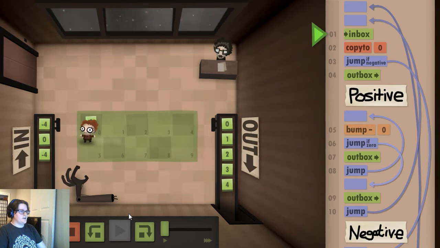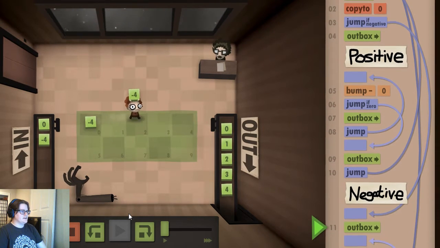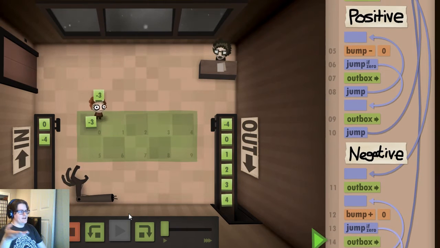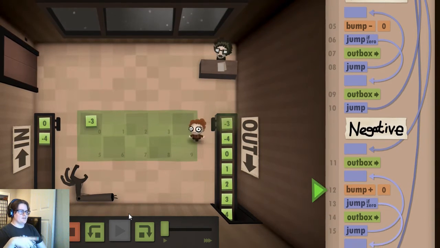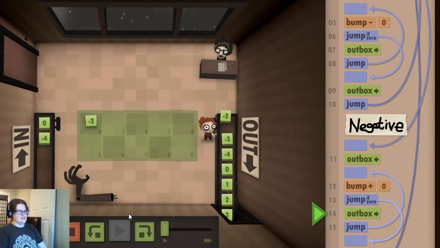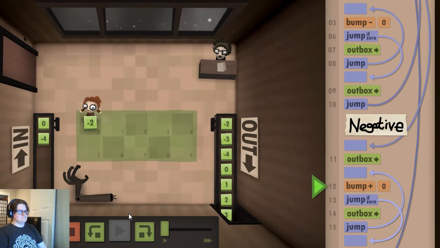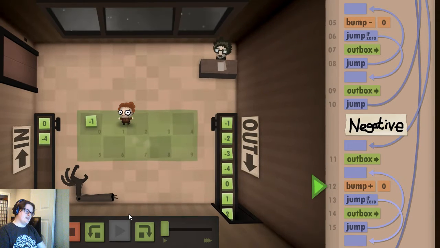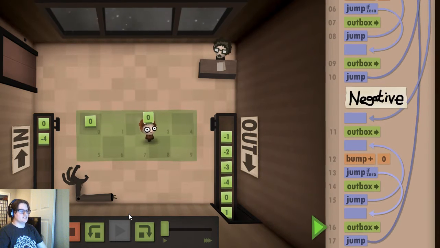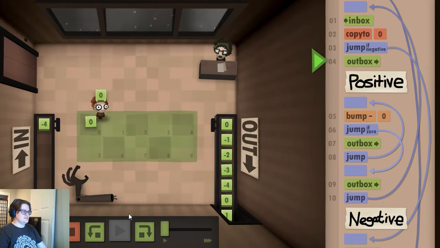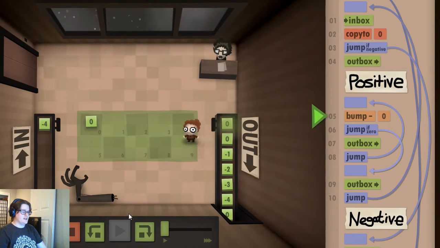Okay, so that was a positive number. Now we'll check the negative number. But as I was saying, I have a hard time with the more advanced problems because you're writing all this code in a line. It's nice to view it coming from the top down, but then you run out of space. I guess you can always put it in the notepad with that assembly style code and then solve it that way, but